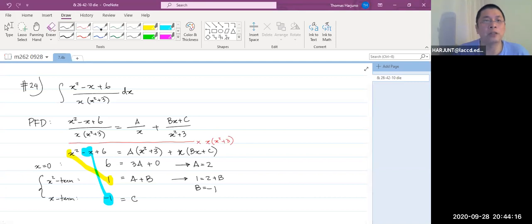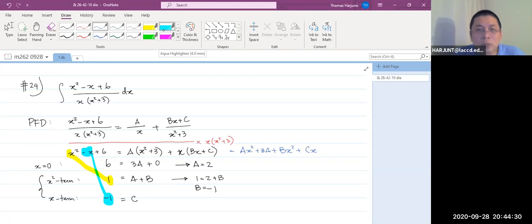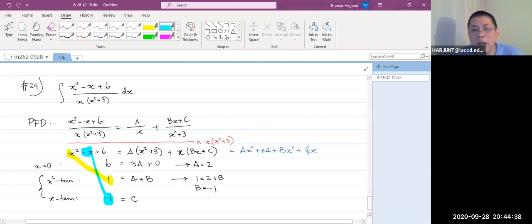Right? If you FOIL that, imagine if you FOIL this here, you will get ax squared plus 3a plus bx squared plus cx. So the only constant is 3a, and the only x term is this one. That's the only one. You see what I mean? Okay, now with that said then,